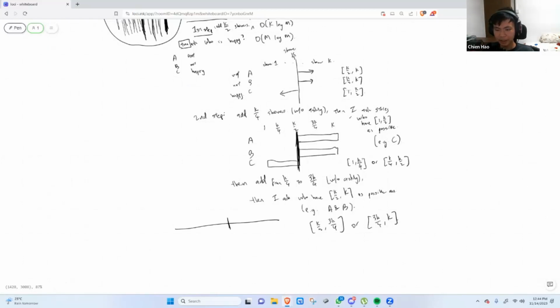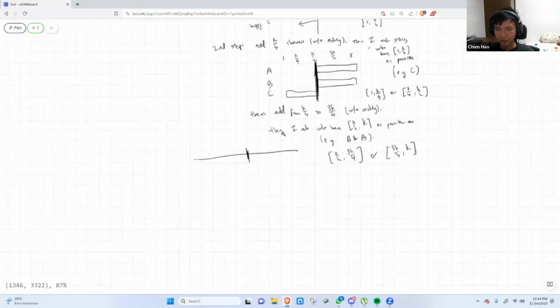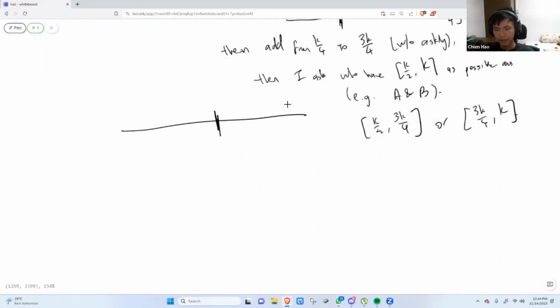So initially I stop at k over 2. Then after that I stop at k over 4, so it's at 3k over 4. Then after that I stop at 7k over 8, and so on. So it's basically the sum of all these, which is at least bounded by O(K log K),